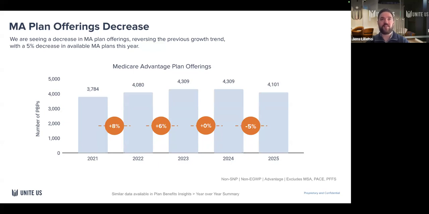You can see on the graph on this slide, we've gone from 8% growth from 2021 to 2022 to actually negative 5% growth from 2024 to 2025. So the first time really we've seen negative plan growth. It was an overall 5% decrease. And so moving to the next slide,